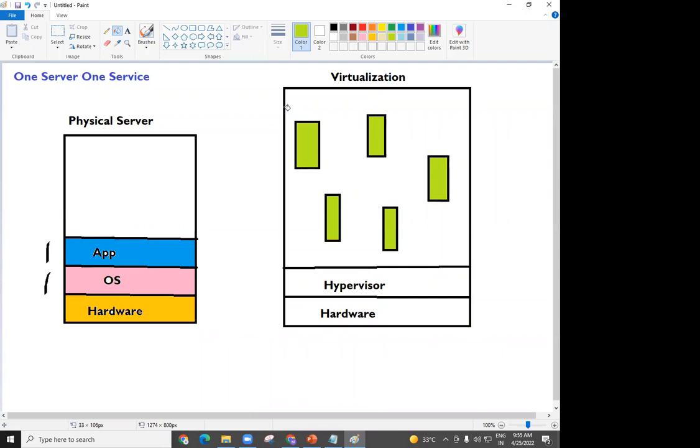The major difference here is that a physical server is a dedicated physical machine that has its own components like motherboard, processor, RAM, hard disk, and all those things. But a virtual server does not have its own hardware. A virtual server will take the hardware from the physical server. Like for example,